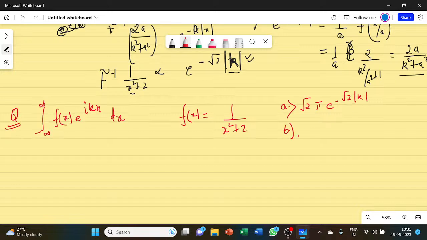Option B was root over 2 pi, and then e to the power minus root 2 k. That is what I was saying, that there was an option without modulus. So one thing is clear, that this cannot be an answer. But see what discrepancy students face, that I want to suggest. At this particular step, you cannot work with the proportionality. We'll have to somehow find the integration as well,